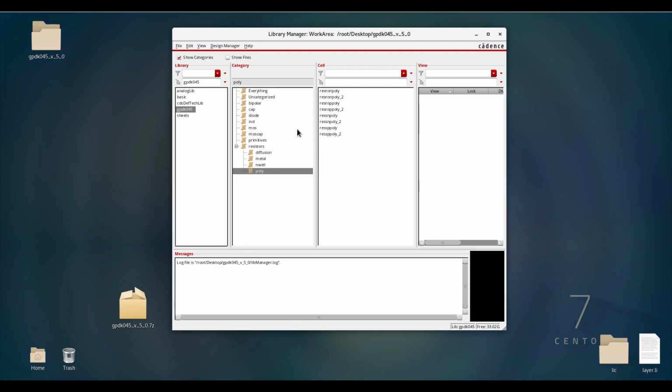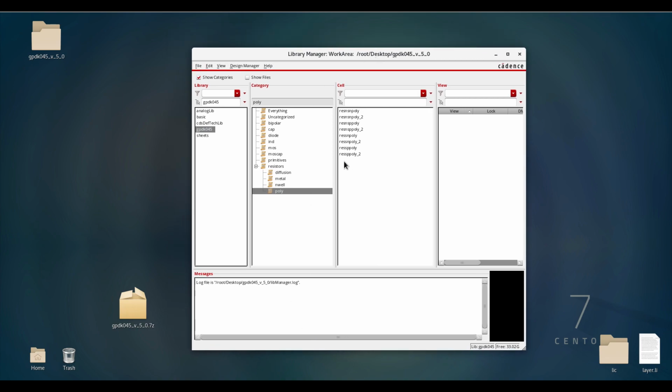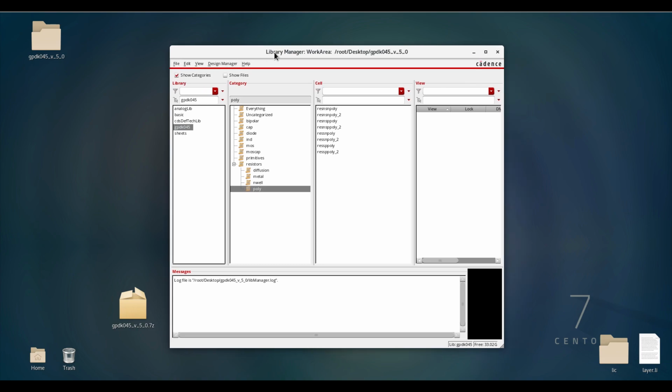So now we have successfully opened our tool inside the PDK folder, and we need to start our work here. That is our main intention, right? In order to create your new library, you need to go to the File option, then go to New and create a new library.